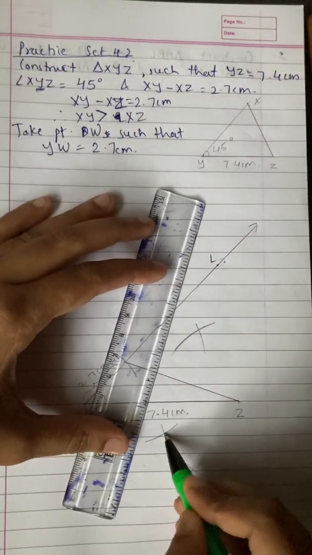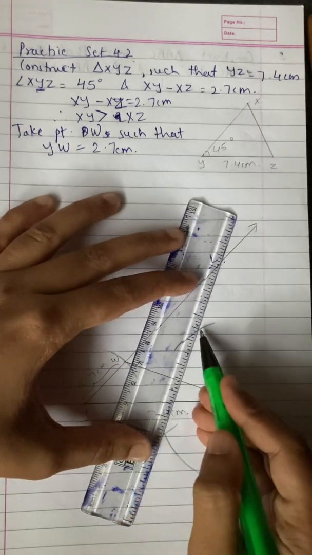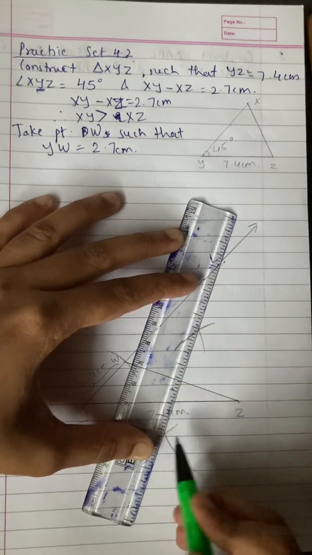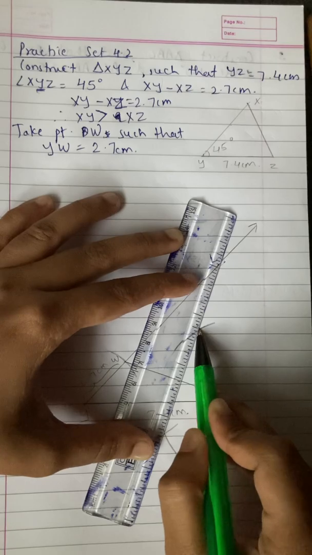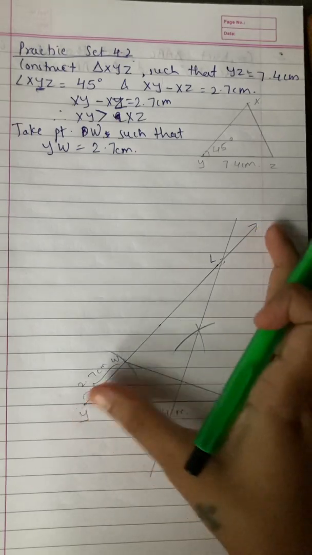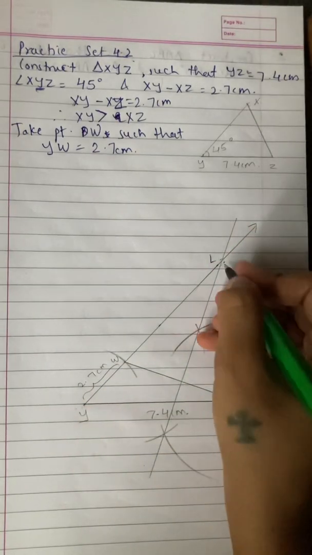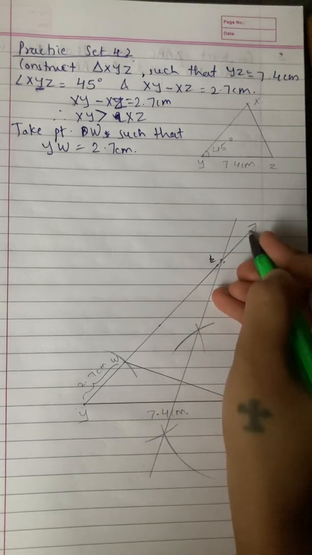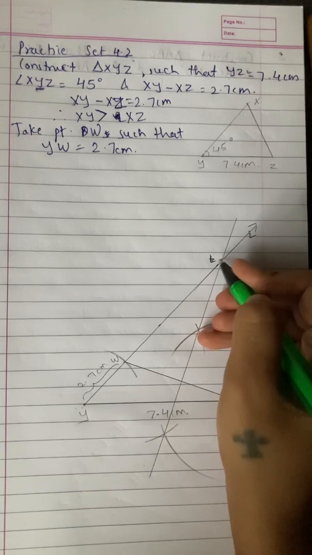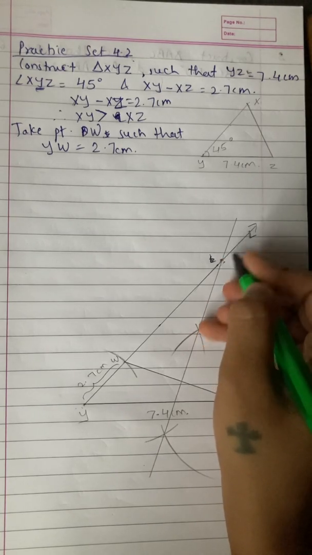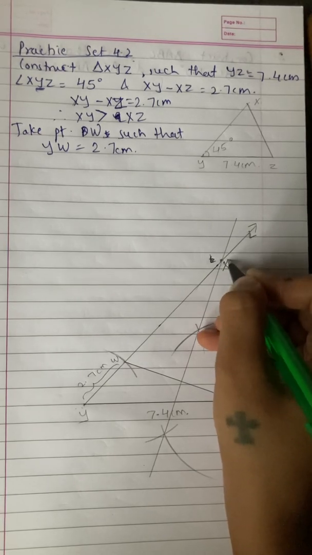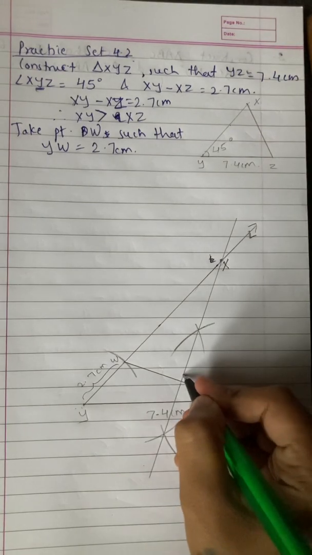Now we'll join these 2 points. We'll join these 2 points properly, and we have to draw a long ray such that it cuts the ray YL which we drew earlier. And this YL should be over here. Otherwise everybody will get confused that this is point L. It is not point L. It is where the perpendicular bisector intersects. That becomes our main point which we wanted to locate, which is point X. Okay, so this is the perpendicular bisector